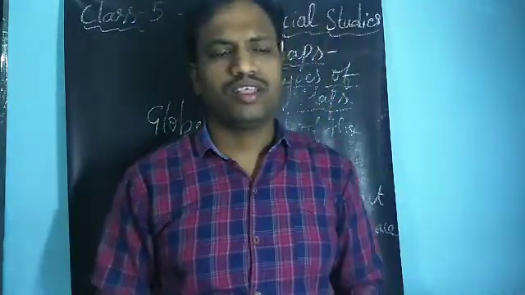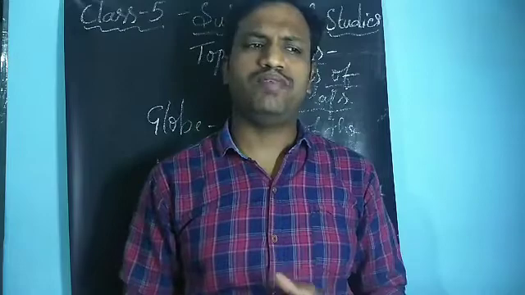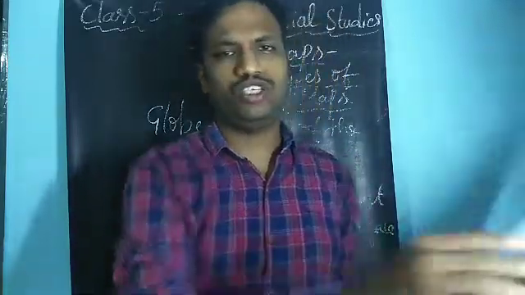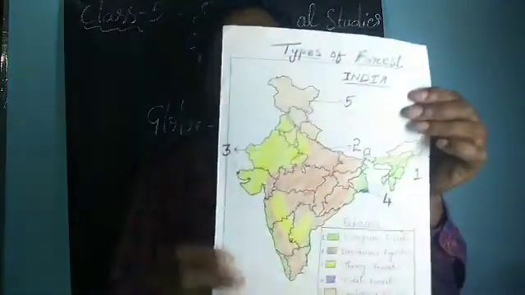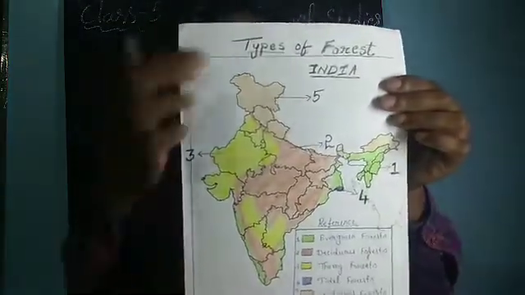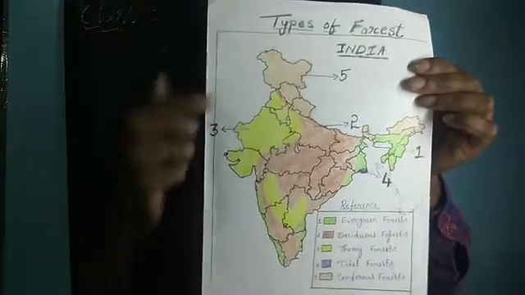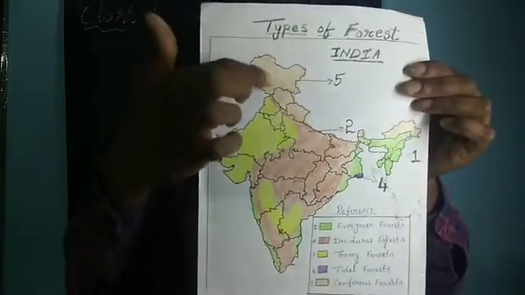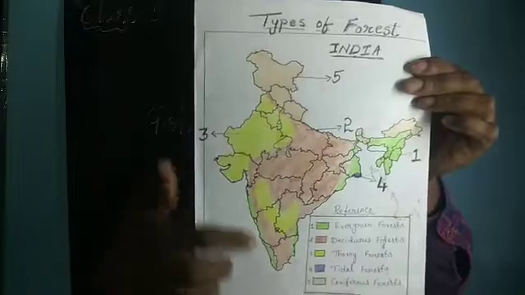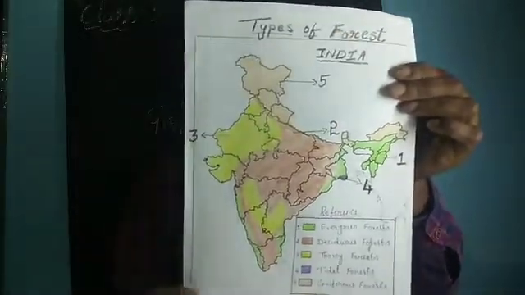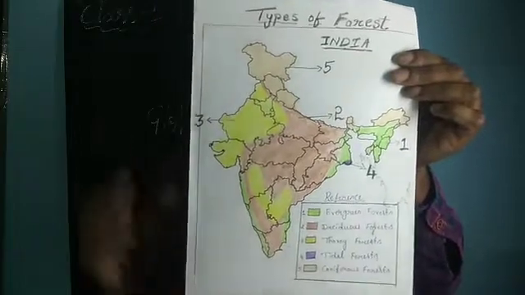And then there is some other kind of map which is going to show us about a particular theme. That is also, I'll just show you as an example. You can just see this. This is the types of forest. This is a particular type of map which is going to indicate to us where the different types of forest are distributed. Here, the theme which we have taken is forest. That is the thematic map. It is a particular theme.